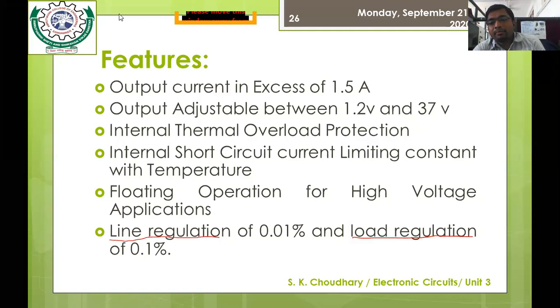Who is speaking in between the lecture? Rane Vibhusha, the voice is coming from your side. If you want to attend a lecture in this way, please do not come for the lecture.